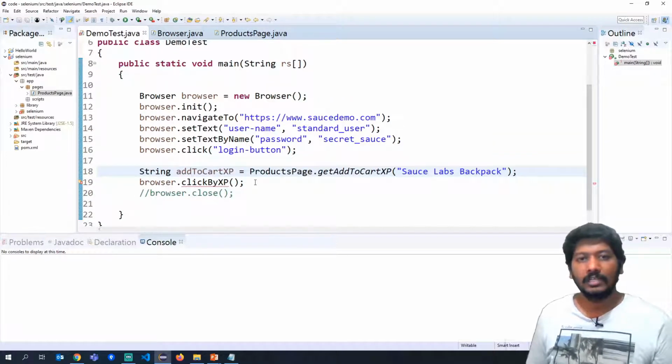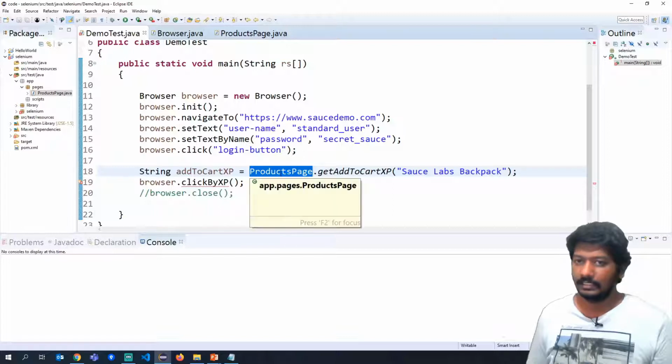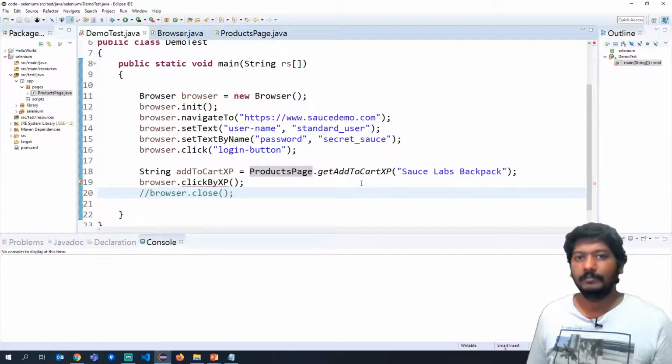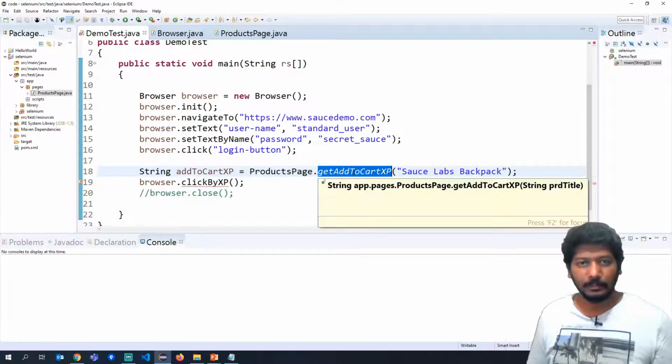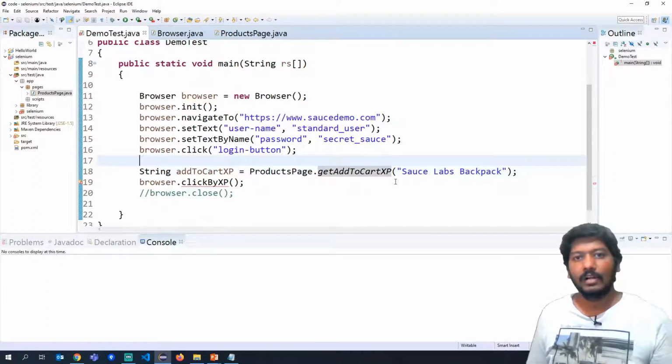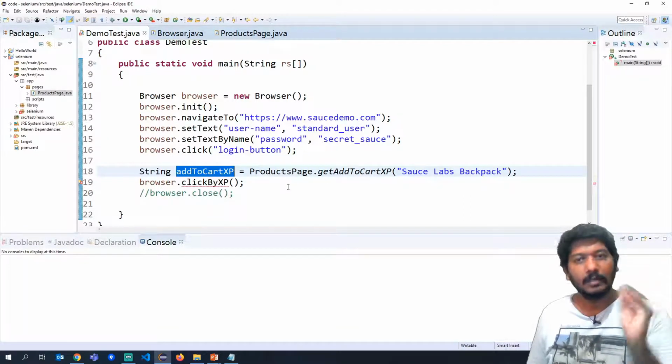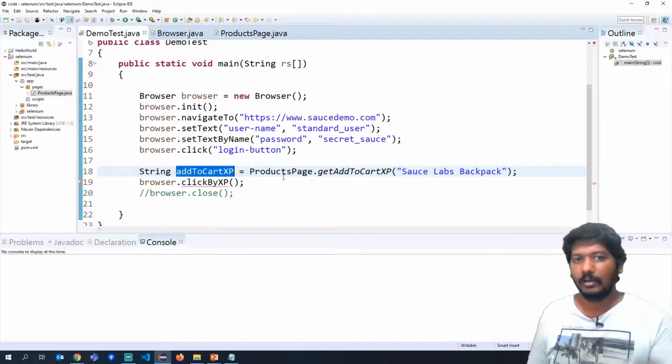So I have imported the page also by pressing Ctrl Shift O. Ctrl Shift O is used to add the import statements automatically, and then we are calling the static method getAddToCartXPath, and for that it needs a product title. That is what we have passed, and then we are basically generating the XPath which is required for that particular add to cart, okay, for that product. Now we pass that as an input.